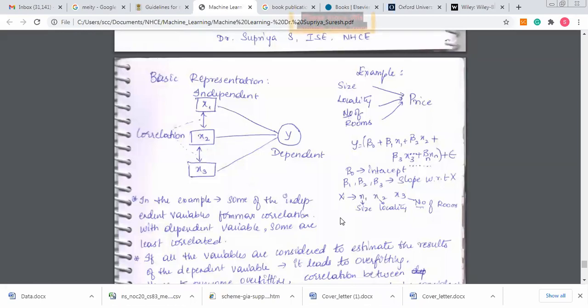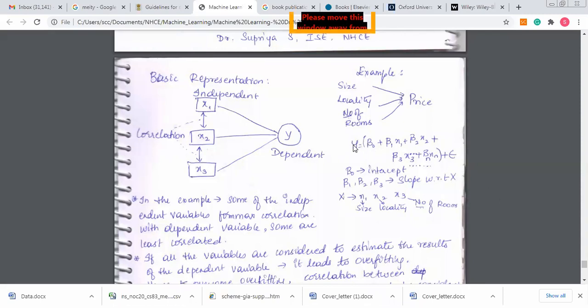So when I consider these amenities, they do not have that much impact, because they're common among the others. So we normally say that some are least correlated, but some are very highly correlated. As I told you, if I have to get a villa in the city, I have to spend a lot comparatively. If I go around 50 kilometers away from the city, I would get it at a much lesser price. So there's a difference there. Some are really very correlated to the dependent variable, and some might be very least correlated.